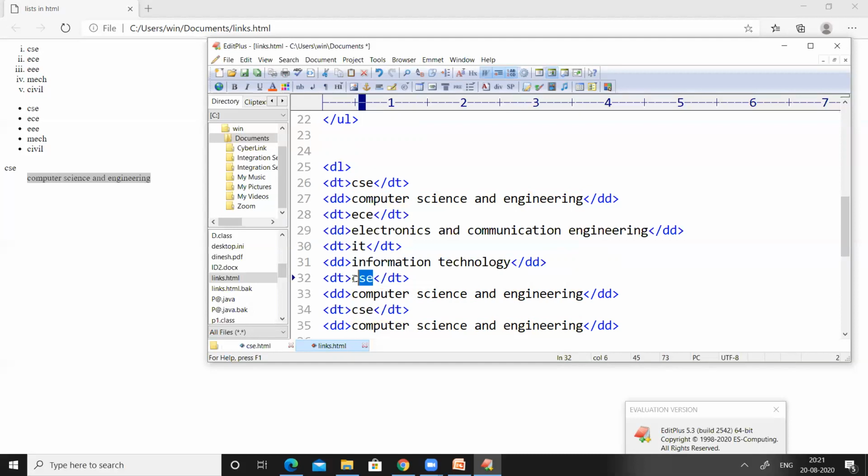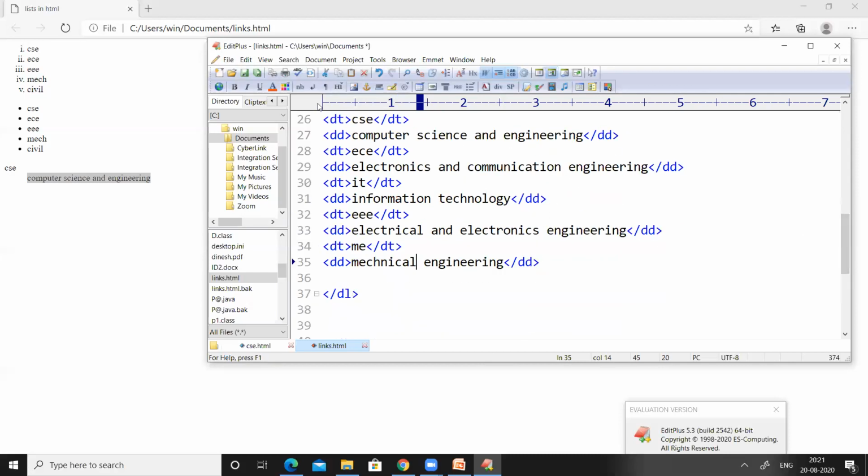And then EEE, electrical and electronics engineering. And then ME, mechanical engineering. So we have added a few more terms to the description list.